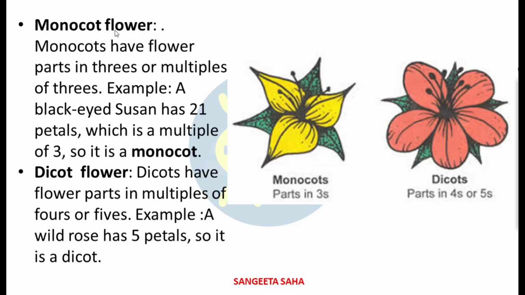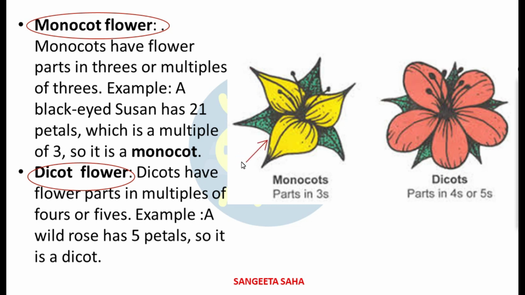Flowers can also be classified into monocot flower and dicot flower. Now, if you see that any plant is flowering, and if you carefully observe it, you can tell whether it is a monocot or dicot after you see this video. How? Just by counting the number of petals and other flower parts. Now, how will you say it is a monocot? If you see here,